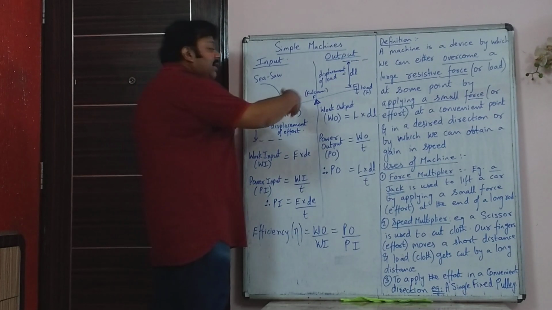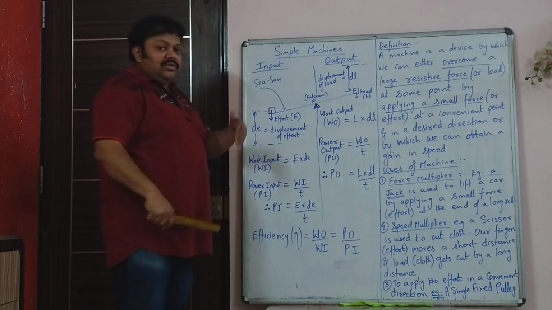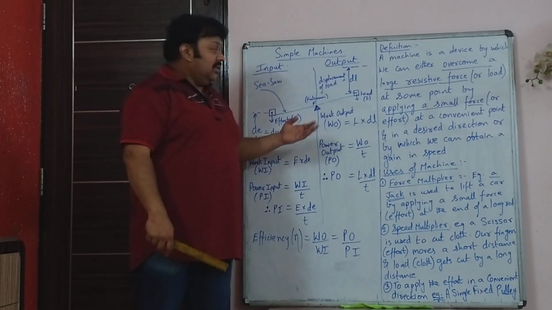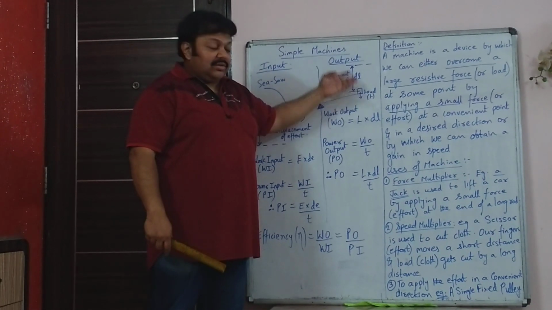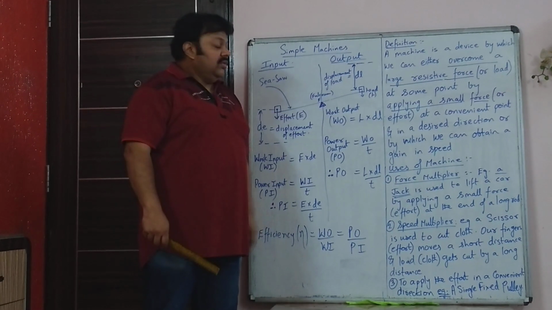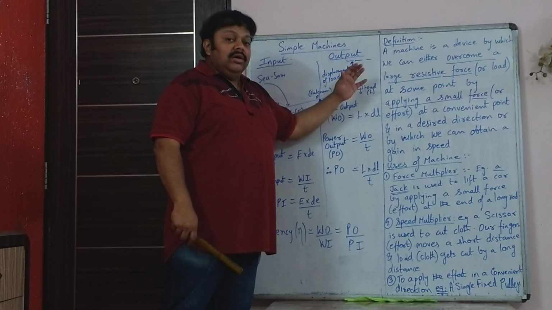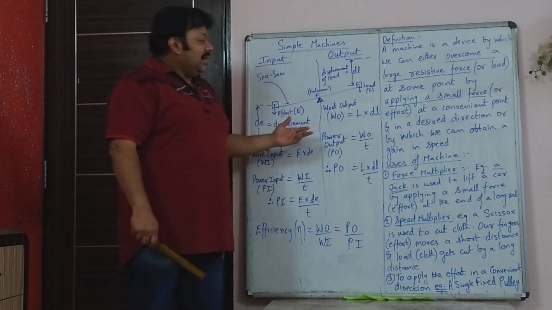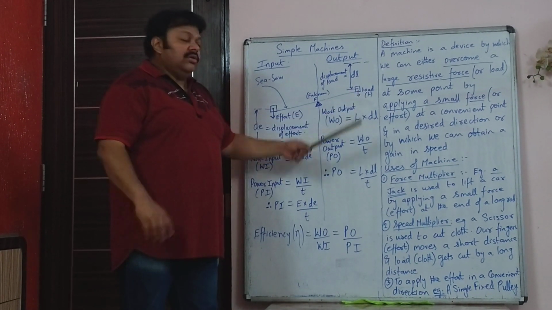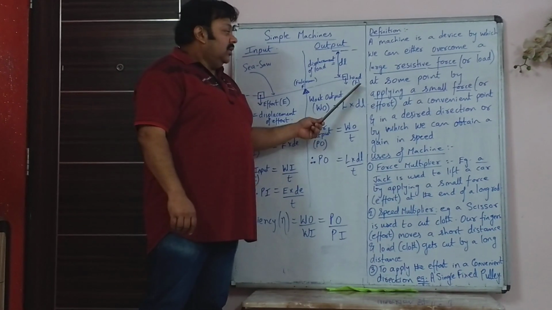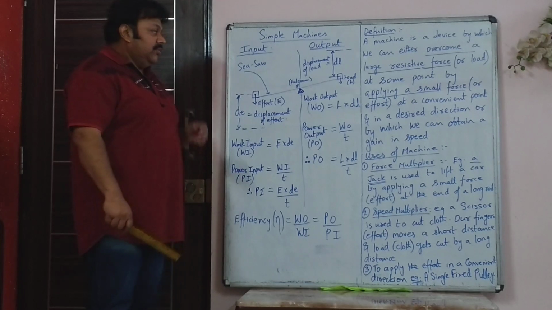Now on the output side you have a load. The force is the load. A weight is there. A child is sitting there, and the mother is lifting up the child on that side. So that is the load. So the load is the force acting on the output side. That also is measured in Newton and dyne. SI system Newton, CGS system dyne, denoted by small l.